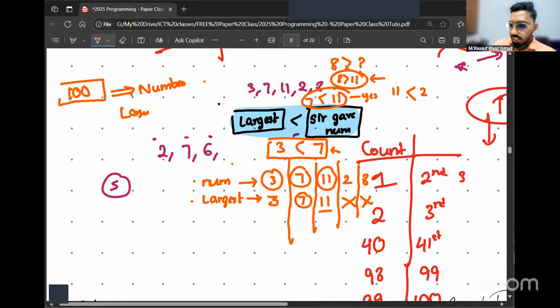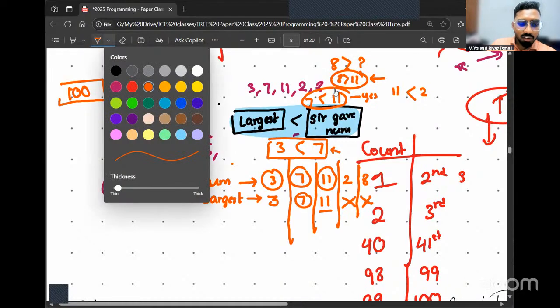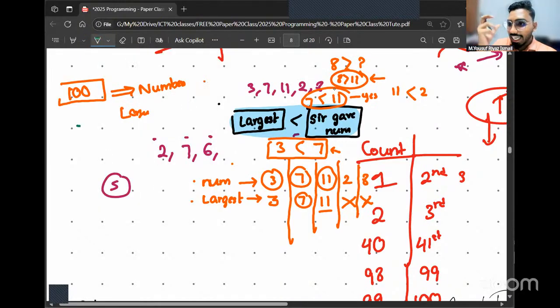So in this case, when you see, your mind was storing mainly two values. Your mind was dealing with two values. One value your mind was dealing with is the number sir gave. The other value your mind was dealing with is the largest number. Out of these two, storing the largest number is important. So you give high priority to this value only.